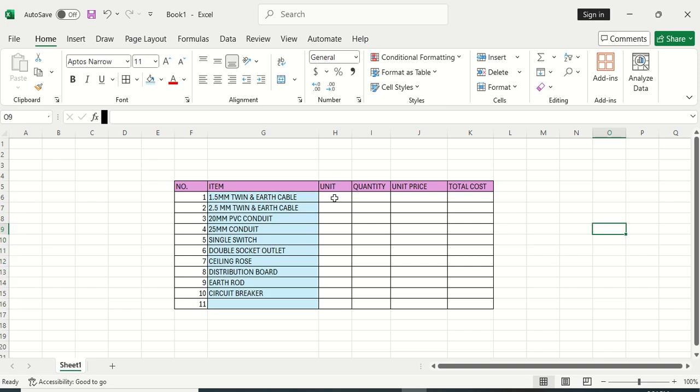So now the next thing we are going to do is to put the unit. So what is the unit? The unit that we have here is roll. The unit we have for that is also roll for those cables. The unit is length. Similar. Then we have a piece,